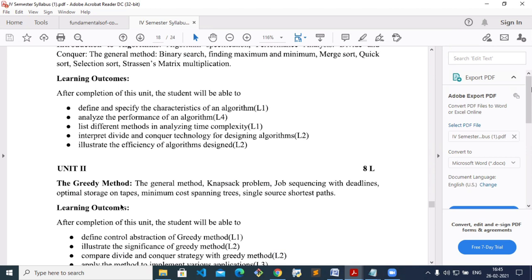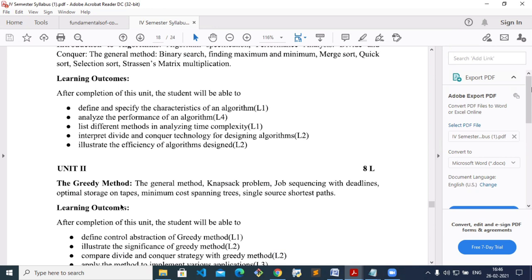Tell me, roll number 2. What do you want to ask? Nothing, ma'am. Is it clear? Any other doubts regarding this? Any other material you want? Feel free to ask. If you want any other material, I'll provide. At least yes or no. Roll number 2, is it fine? Yeah, ma'am. It's fine, ma'am.